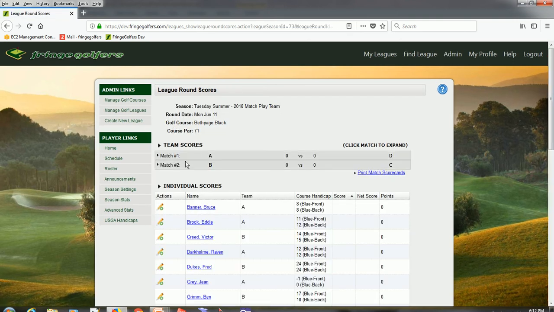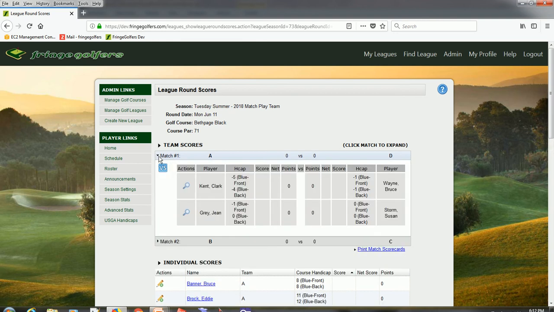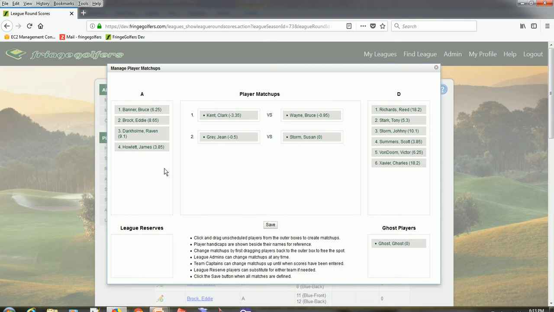Okay. At the top, I have these gray bars showing me match number 1 is Team A versus Team D. Match number 2 is Team B versus Team C. Okay. If I expand these, I have by default the first 2 players from each team in my matchup. If I don't like that, I can click on the versus button, and you'll see I have all of my players over here